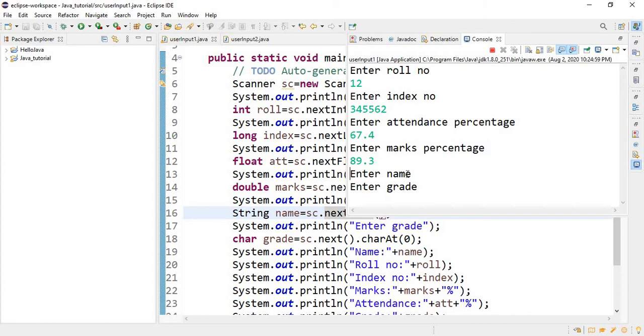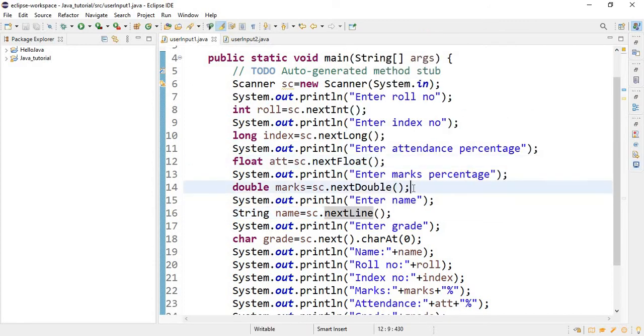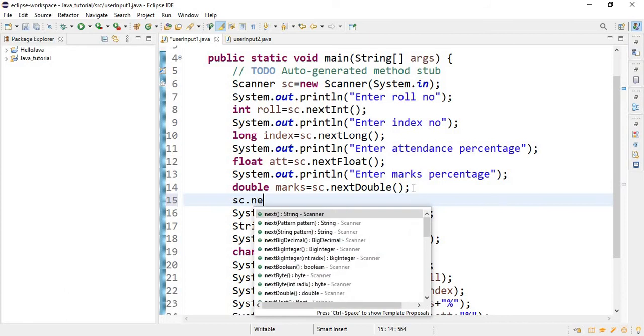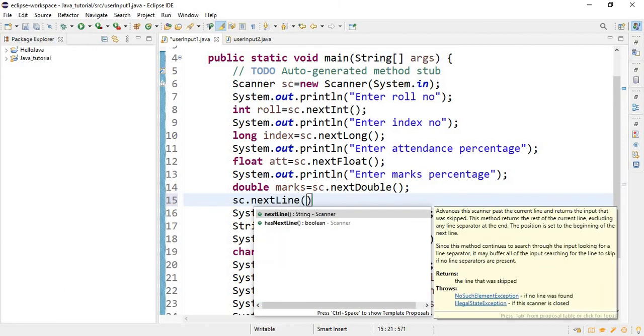Thus, our sc.nextLine will consider that new line character as its escaping sequence, and our string name will be an empty string. So if we want to remove this error, after this nextDouble, we have to use an sc.nextLine.